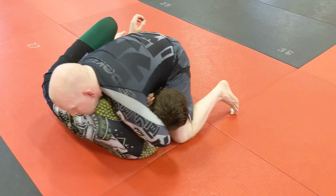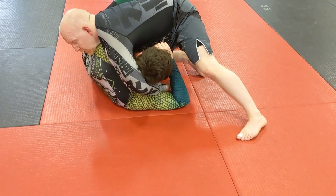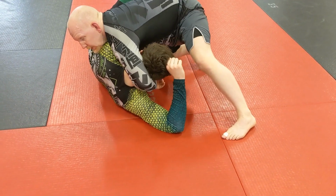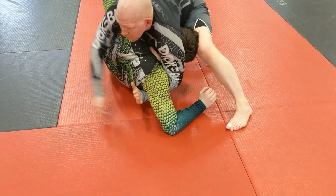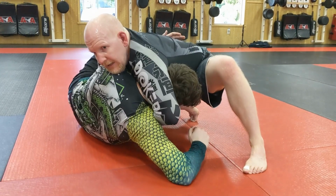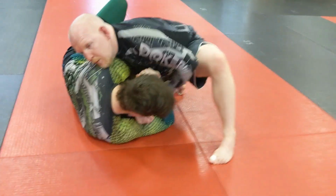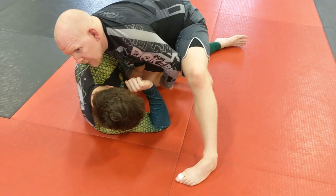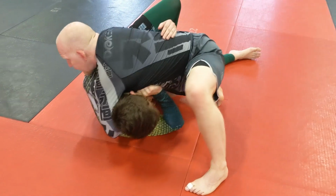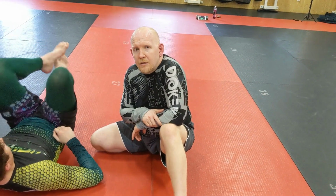Wrap the head, go to the elbow, not the chin, the elbow, so I can either push it out and slide my knee in, or if he comes up to that elbow, I can put the half stocks on, neck crank him, and if he gets cagey and tries to keep his hands up by his neck to keep me from choking him, I've always got that little wrist lock that I can apply. Won't get very many taps with it, but I will get hands out of the way, and then I can go back and start wrapping the neck. And then I can start working my submission game from my